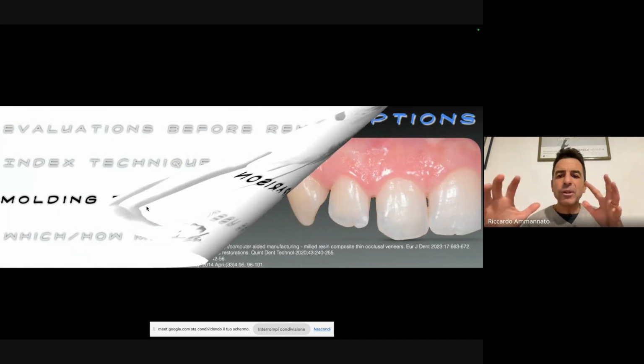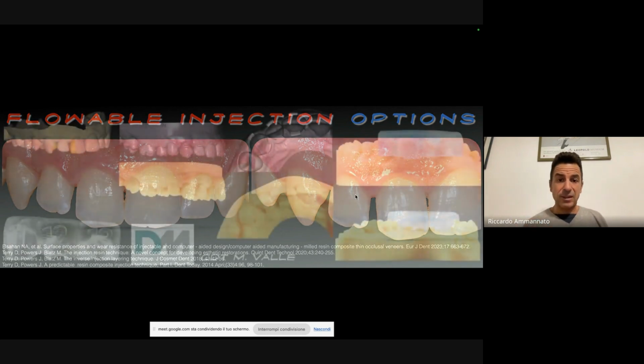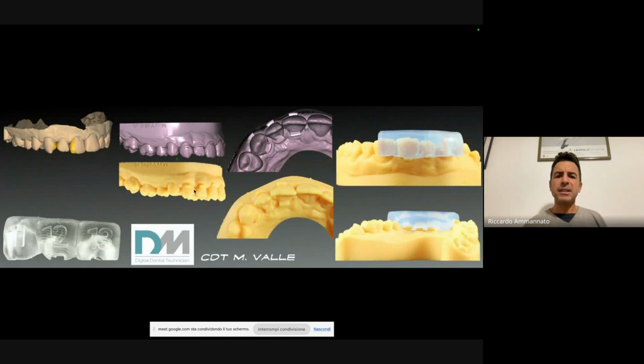So I just want to share with you, because I also do some cases with flow injection, like in this case, to close the diastemas. This case is outside of the full dentition situation, okay? But it's just to share with you the differences between a flow injection and my single index technique that I've just shown you here. So this case, I need to close these diastemas. This was the desire of that very, very young patient, 20 years old.